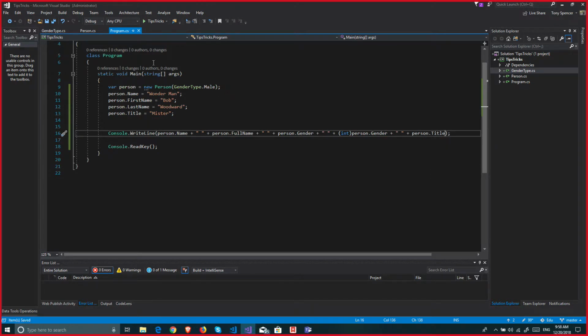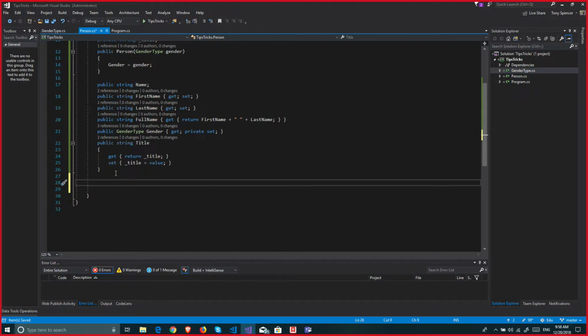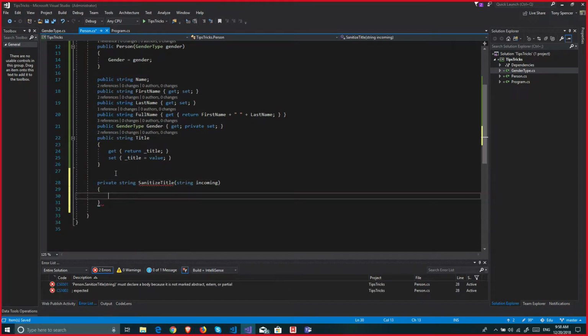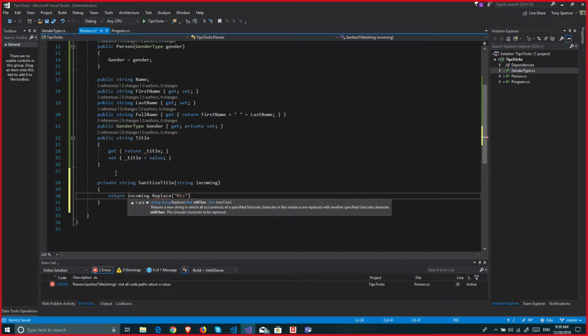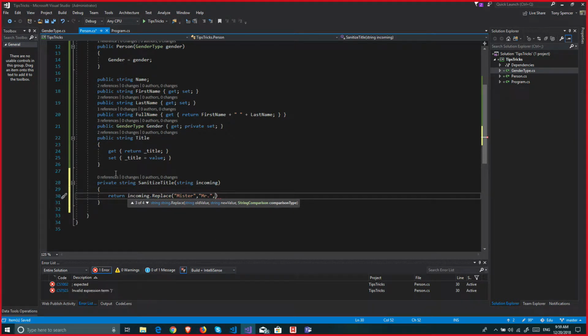Now let's say that we wanted to always assume that when we have the word Mr. spelled out, we wanted to change that to "Mr." with a period. We can do this by creating a private method within our class called SanitizeTitle. What we'll do is return incoming, replacing anytime we see the word Mr. with Mr. period. And let's use a string comparison type of